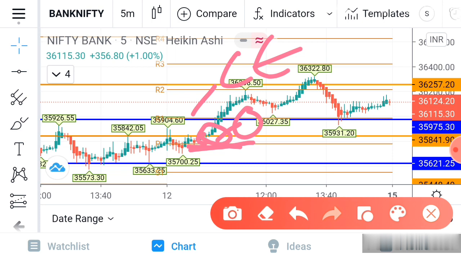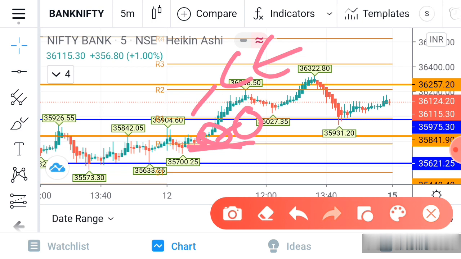If it is a small movement, like 50 or 100 points, you won't even get 5 points, and finally you'll get a loss. So always try to trade near the strike price, and trade only 1 or 2 lots. That is more than enough, because we are keeping the stop loss at only 30 or 40 points. More than that is not required. A maximum of 30 points stop loss is more than enough.